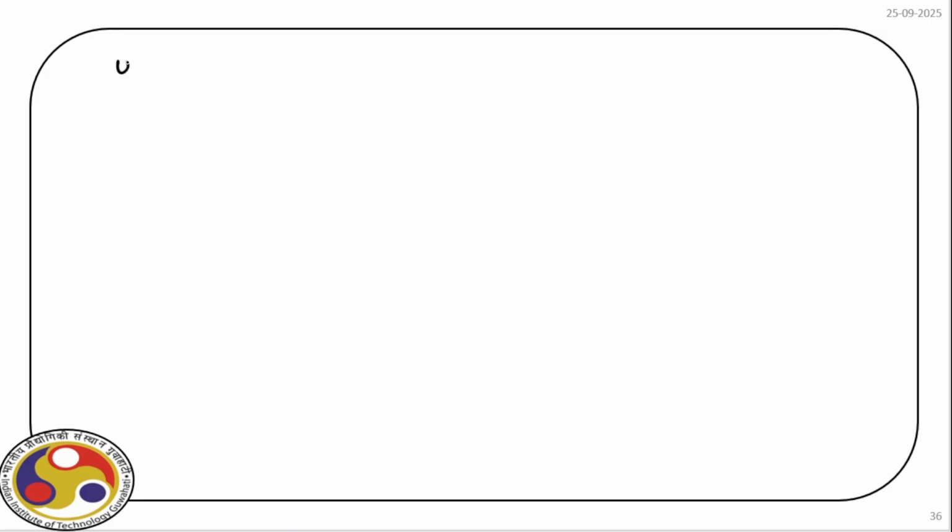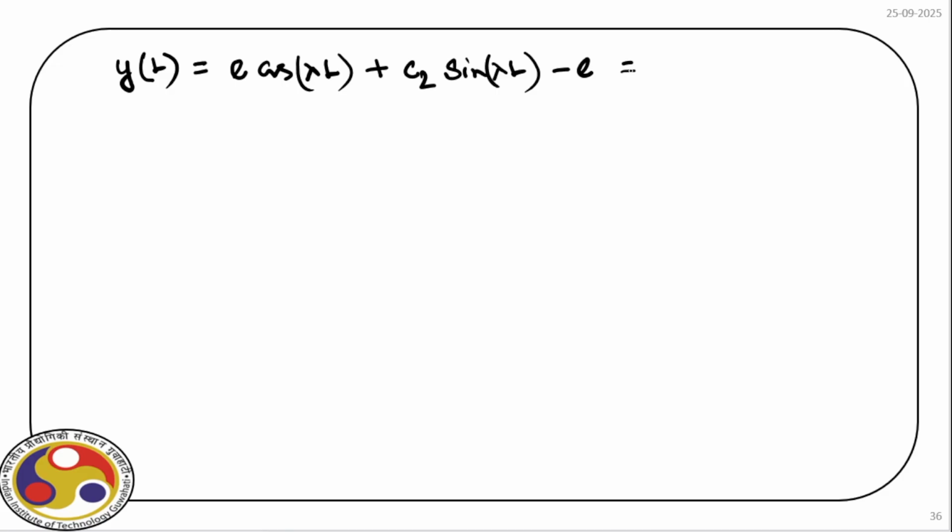So we have y of L is equal to e cos of lambda L plus C2 sin of lambda L minus e is equal to 0. So what we get? We get C2 is equal to